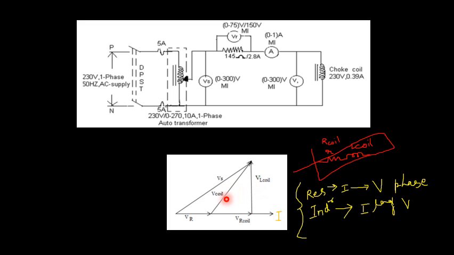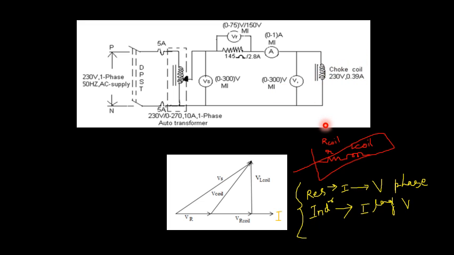Now if I want to find out what is Vs, Vs comprises these two voltages, that is VR as well as V coil. So Vs is the total value, and that total value appears over here. The combination of VR and V coil will yield me the Vs value. That's why it is drawn like this, and on this particular side we have the voltage source, that is the source voltage Vs. Similarly, V coil is nothing but the voltage appearing across this particular choke coil.